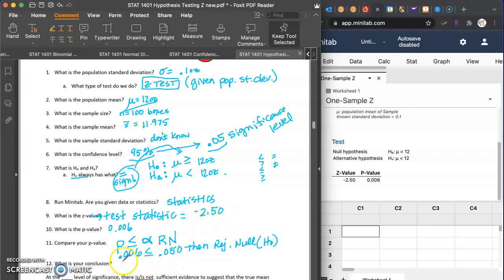Okay, so what I want you to do is make both of your decimals the same number of digits, and then you can just compare them and ignore the decimal. So this is really saying, is 6 less than or equal to 50? And it is. 6 is less, that means that 0.006 is less than or equal to 0.050, but once we make 3 digits behind the decimal, then we can just say 6 is less than or equal to 50. It is. So we're going to reject the null hypothesis. So our answer is based on